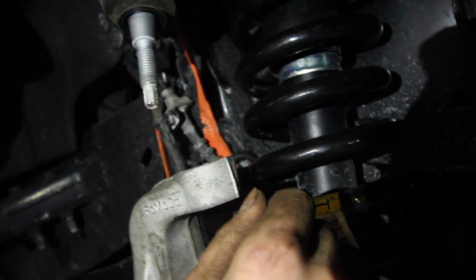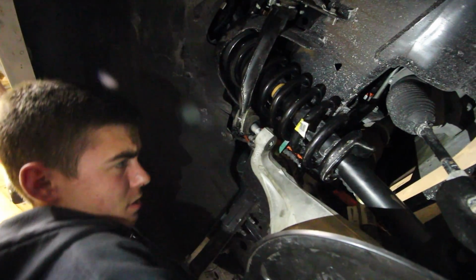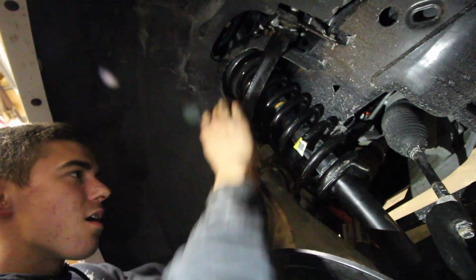Look at that rip right there on the ratchet. You see it right there? If it starts getting sketchy, we'll stop. It's so ripped. It's like ripped in half. No, it's not there yet. Same thing as before. Yeah, strap it to the lower part of the A-arm and it'll...